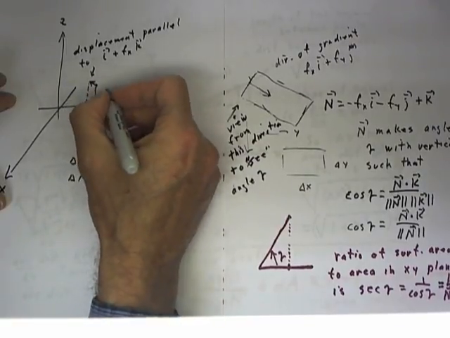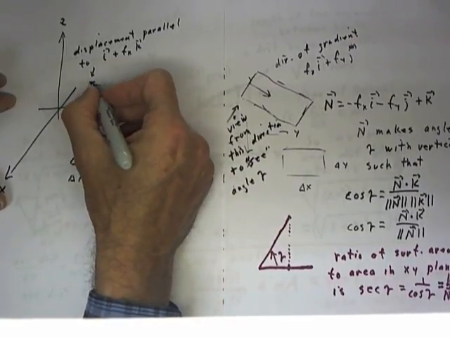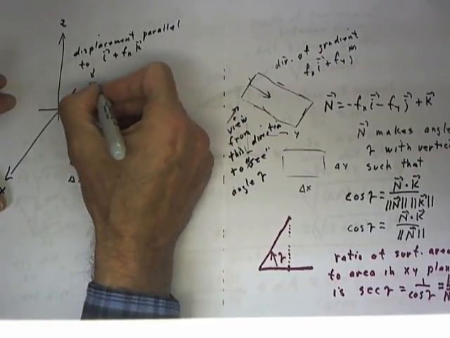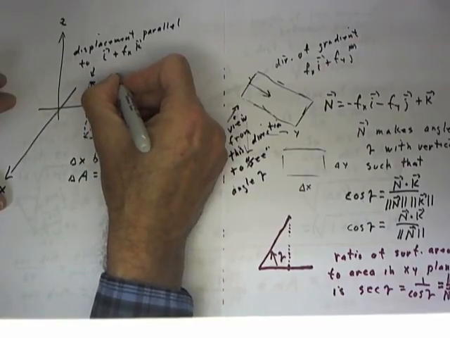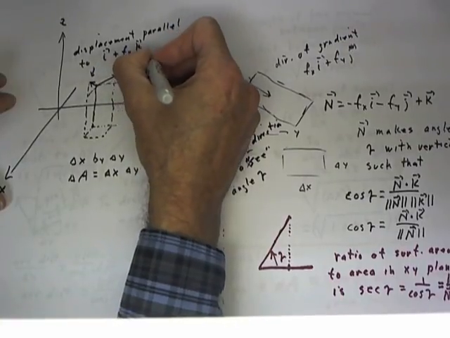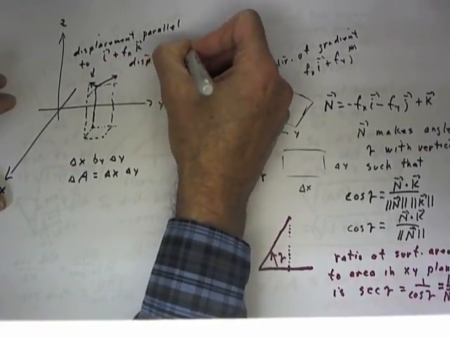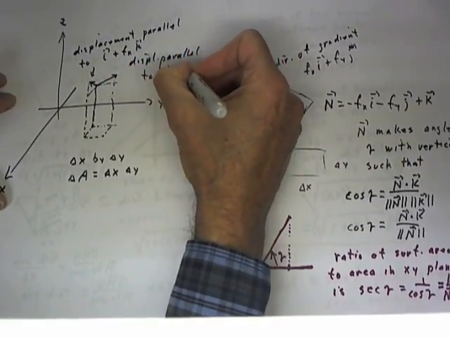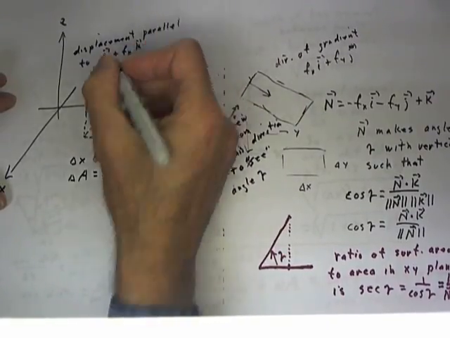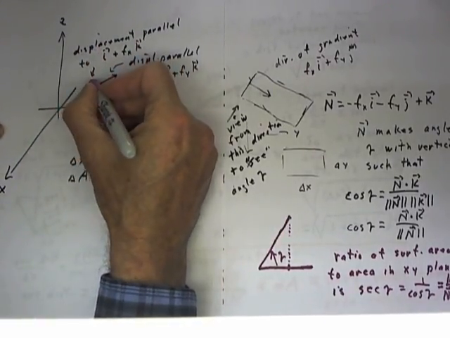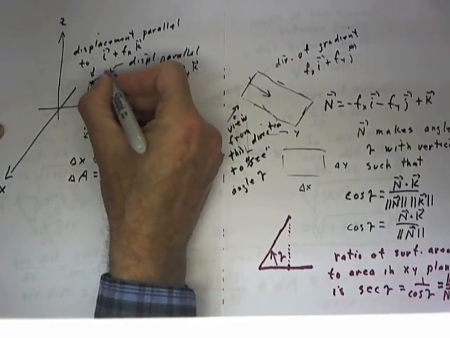Similarly, in the y direction, we can come straight across. Let's go ahead and kind of sketch this. Okay, I'm not going to explain this sketch as I do it. We've looked at this sketch many times, and here we have a displacement parallel to j plus fyk. And these displacement vectors bound a rectangle,